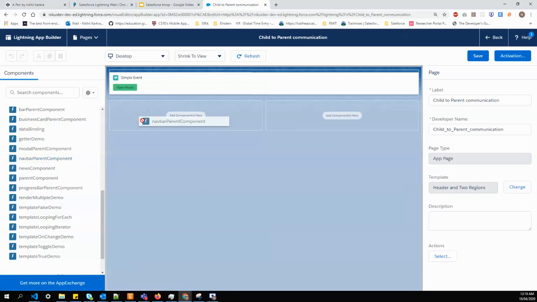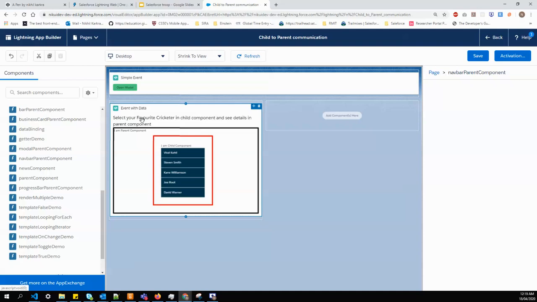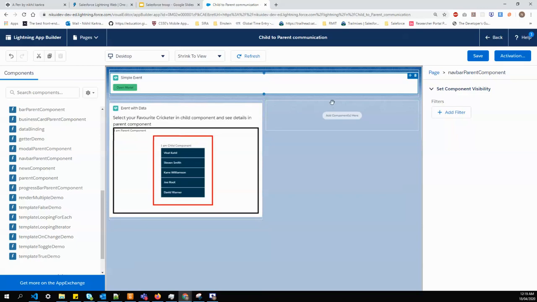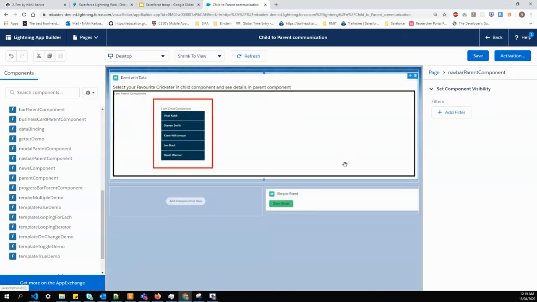Let's drag it to the canvas area. We can move it to the bigger area. It's a pretty big component. Now save it. Let's go back to the page.